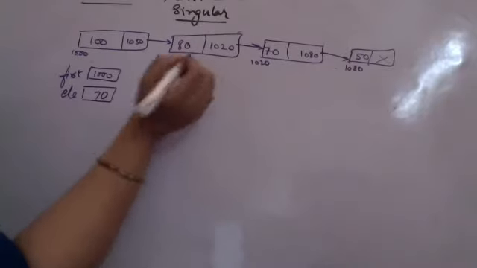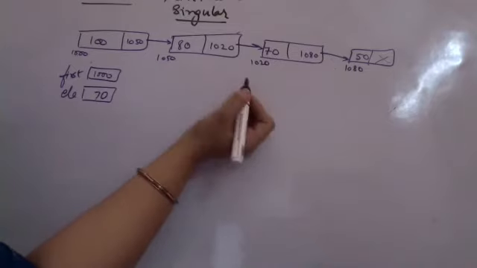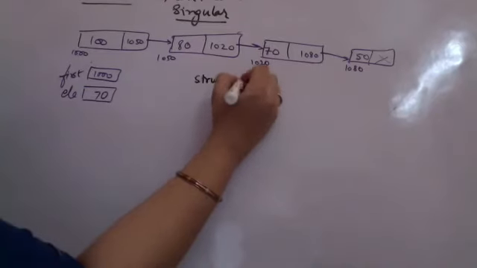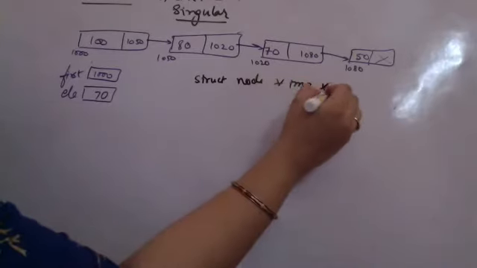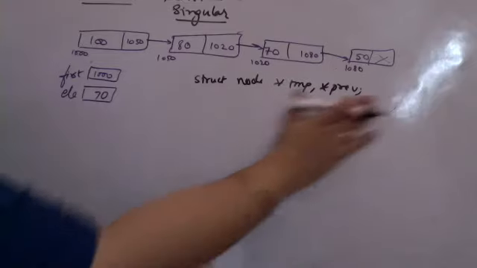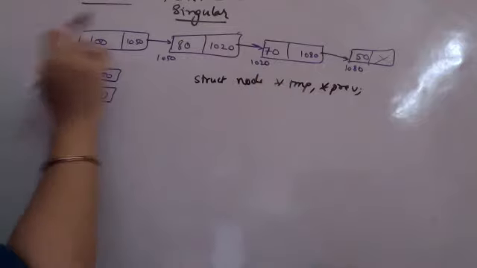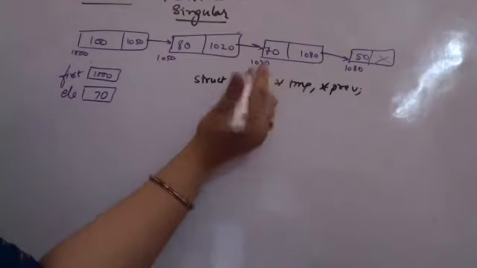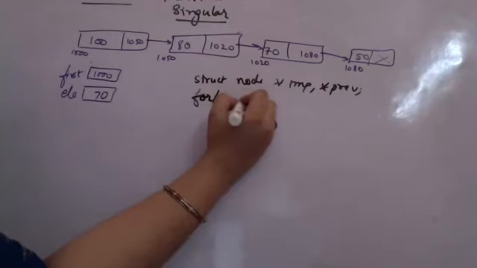For the code, I will again take a temp variable and a previous variable. So I need to create them. Whatever structure I was having, a struct node pointer temp and a pointer previous are there, right? I will be having these pointers. Since I'm just taking pointers, I'm not allocating any new memory. Nodes are already created, so I am only using those. Again, I'm using a for loop. I'm saying temp is equal to first.